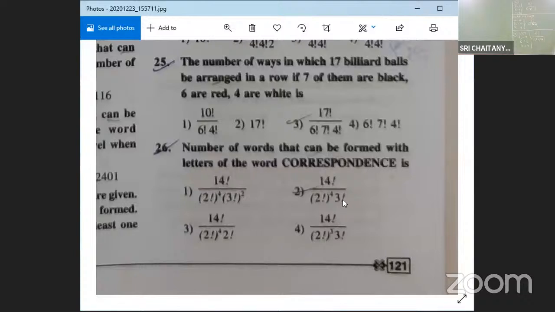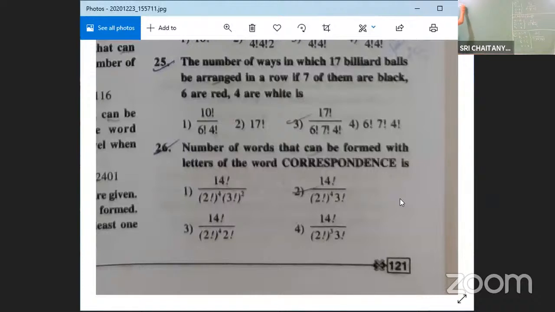So you got 3 factorial, right? Now number of R's is equal to 2 factorial. Number of D's is equal to, okay, only 1. Number of N's is equal to 2 factorial. Number of C's is equal to 2 factorial. Number of O's is equal to 2 factorial. That means total number of